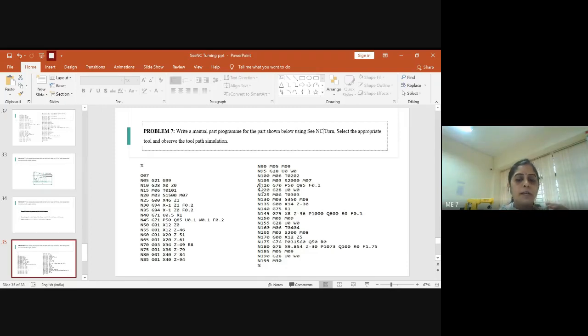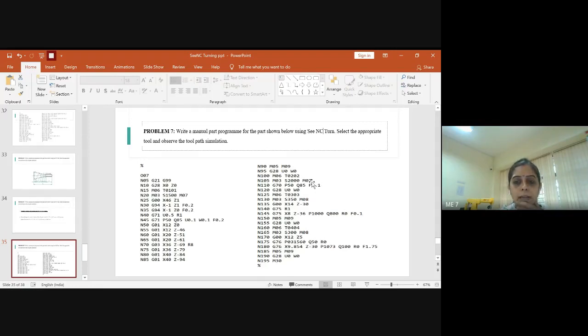So after this, now we have to start with the finishing turning operation. That is given by G70. So we write G70. After writing, again you should check the sequence number from where to where you have to give. It will be the same as we did for the rough turning operation. It starts from N50 and ends at N85. So kindly type it as P50 and Q85. After that, don't forget to give the feed rate, which is 0.1.